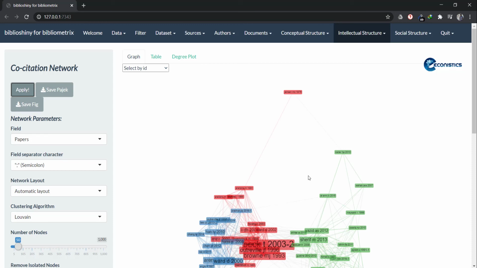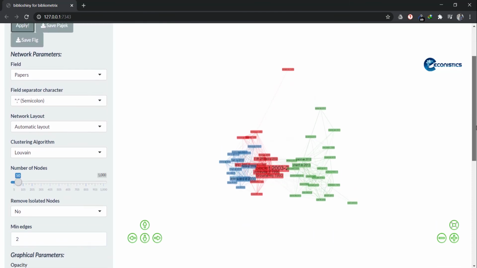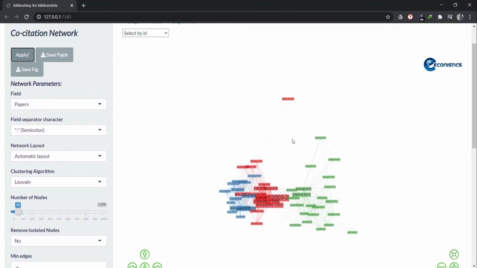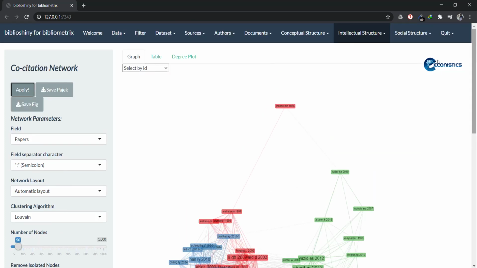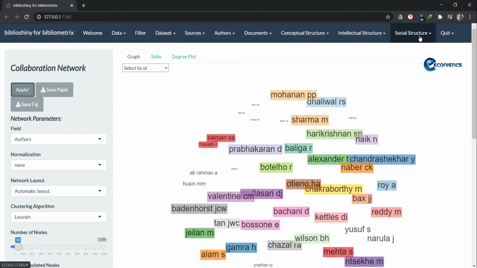In our next video we'll do a detailed SLR for a smaller set of articles, so that you can learn how to do it for your papers. So this is an overview of software that can help you in doing your SLR quickly. Let me show you the last diagram. This is the collaboration network. I hope you understood how to do the SLR in the bibliometrix library. Thank you very much for watching.